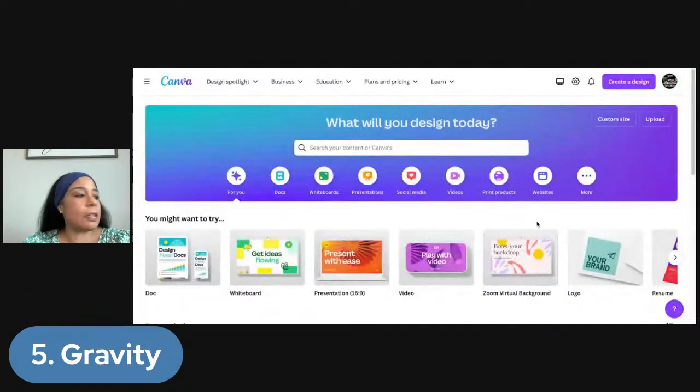Okay, so let me present. It's going to look a little funky because I'm just going to share my entire screen so I'm not going back and forth. It's going to look a little crazy for a minute. You should be able to see my screen. Let me know if you can see my screen.